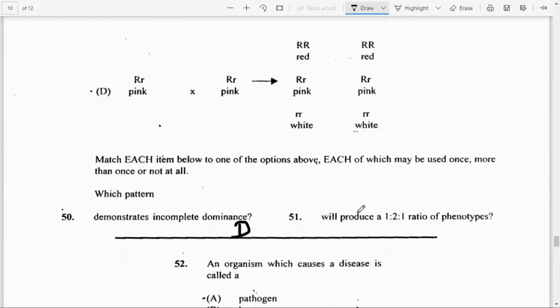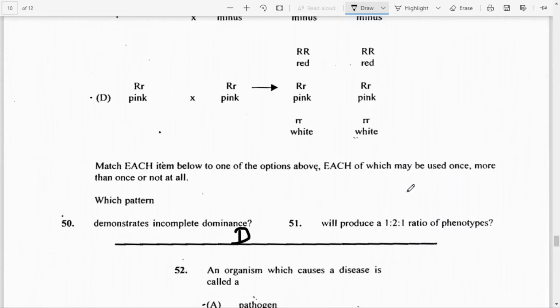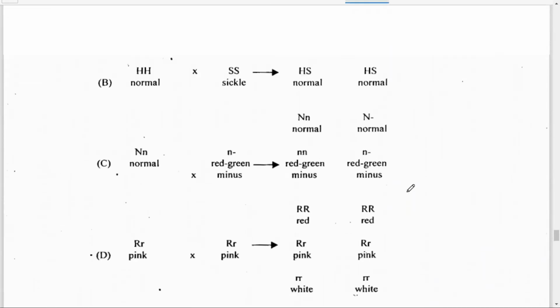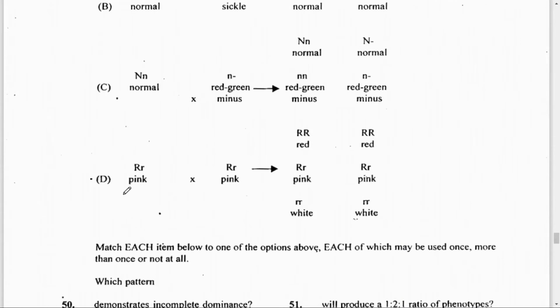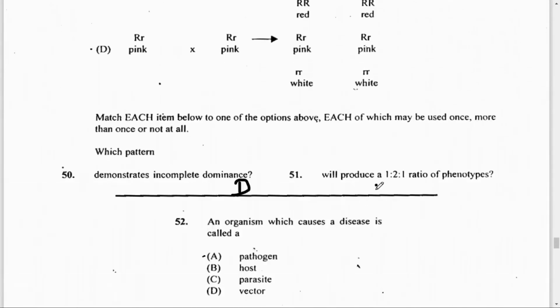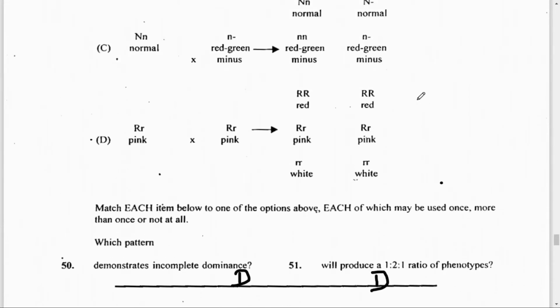Now 51 asks which pattern will produce a 1 to 2 to 1 ratio of the phenotype. So here the answer is actually D as well. The answer is D, and I'll show you why. Because if we cross big R small r with big R small r,